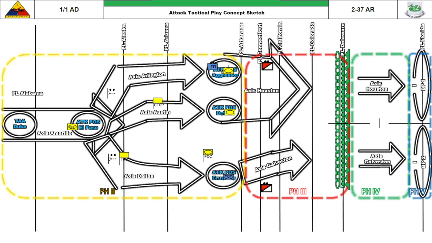When Alpha Company and Charlie Company reach their assault positions, a scout platoon begins their FPUL via FM and JCR through Axis Houston and Axis Galveston. The mortar platoon will establish split section mortar firing points in vicinity of mortar firing point 1 and mortar firing point 2. Conditions to be set prior to the beginning of Phase 3 will be all companies set in assault position, Role 1 and CTCP established in vicinity of phase line Arizona and Axis Austin, retrans established in vicinity phase line Alaska and Axis Dallas.